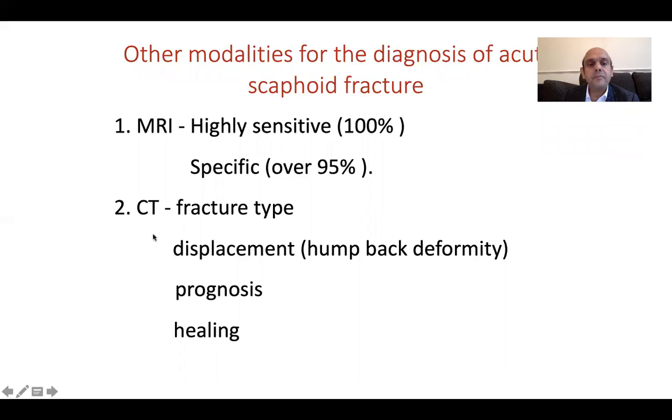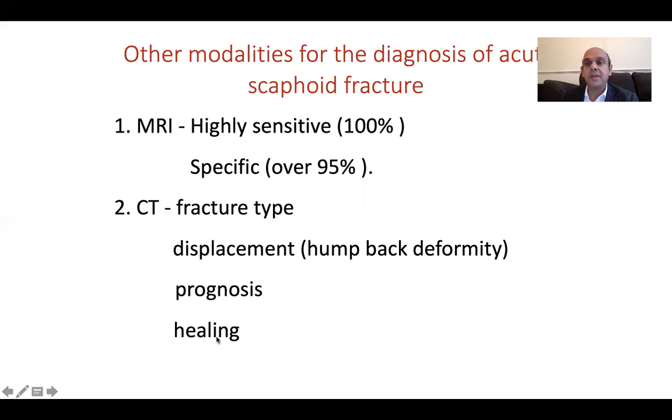So if I have a case where I'm planning a non-union or even an acute fracture, sometimes it's hard to know whether it's a waist fracture or the fracture line is going more towards the proximal pole. So CT scan plays a huge role, at least in my practice, in those difficult fracture lines. Displacement, so humpback deformities in a non-union scaphoid, you need to know on your sagittal cuts how much deformity is there, i.e. how much corticocancellous graft you will need. Accordingly, you can tell your patient the prognosis.